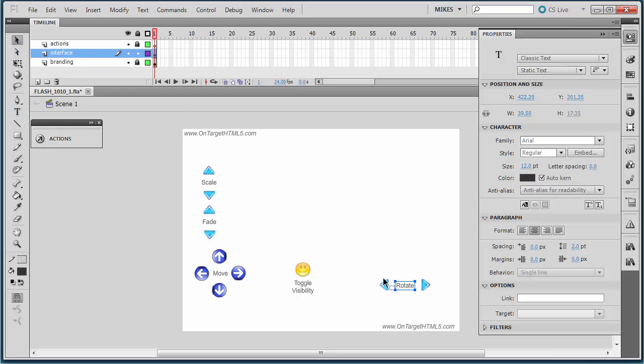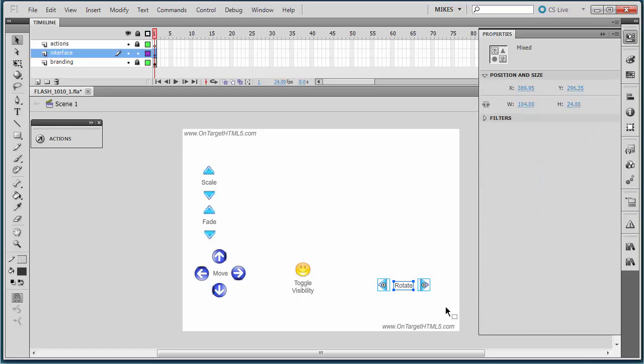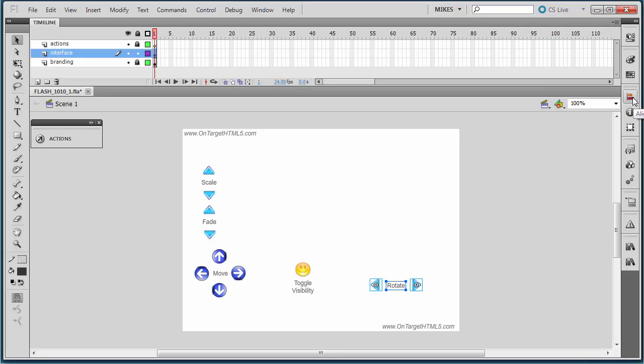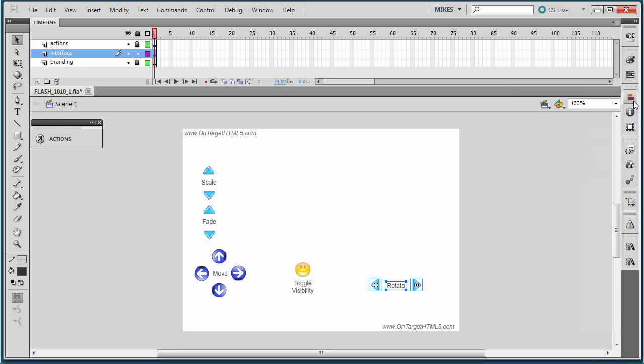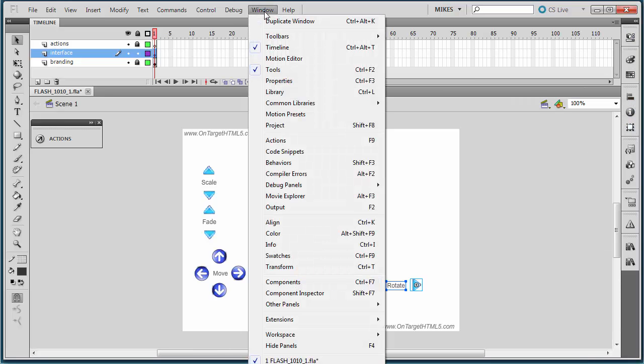Grab my selection tool. I'm going to go ahead and grab all those objects, and then using my arrow key, I'm just going to position them where I need them to position. By the way, if you need to align these better, you can actually use the alignment window. I actually have mine docked on the right-hand side of my screen. If you don't see your alignment window, you can go up under Window and select Alignment, which also has a